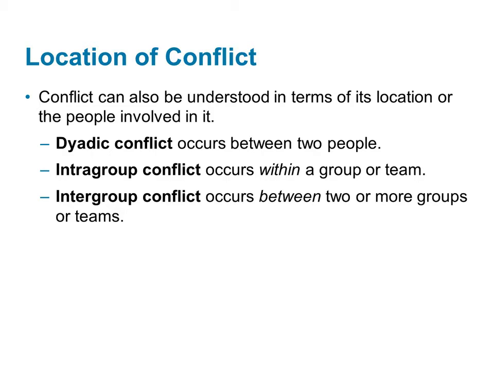Before we move on to the conflict process, I just want to note that understanding conflict means understanding its effects, whether it's functional or dysfunctional, its type, and its location, what you see here. If we take the time to gather it, this information helps us identify the source of a conflict and helps us understand how big of an impact the conflict is having on the individuals, the group, the organization.